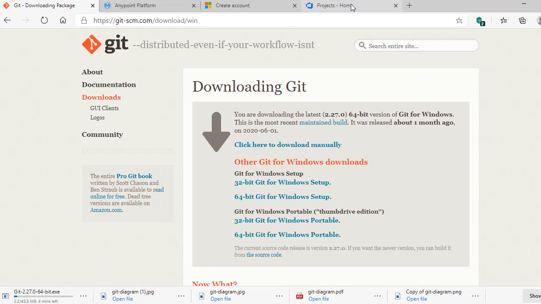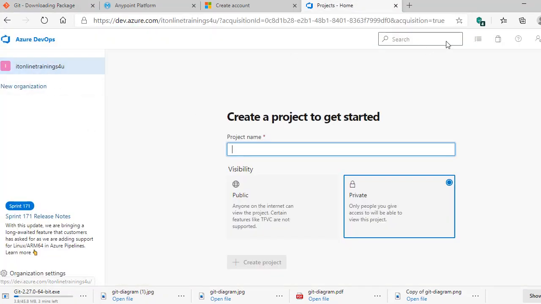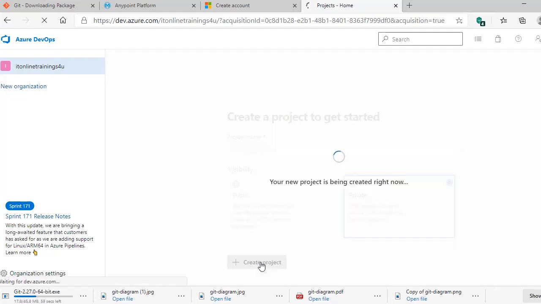Meanwhile, let's go back to our Azure DevOps account. This is our Azure DevOps account. This is how it looks. As this is a fresh account, it doesn't have any projects or repositories. So let's create one sample project. You need to create this as a private or public project. I'll create this private, so unless I give access to other users, it won't be available to others. Just click on create project.